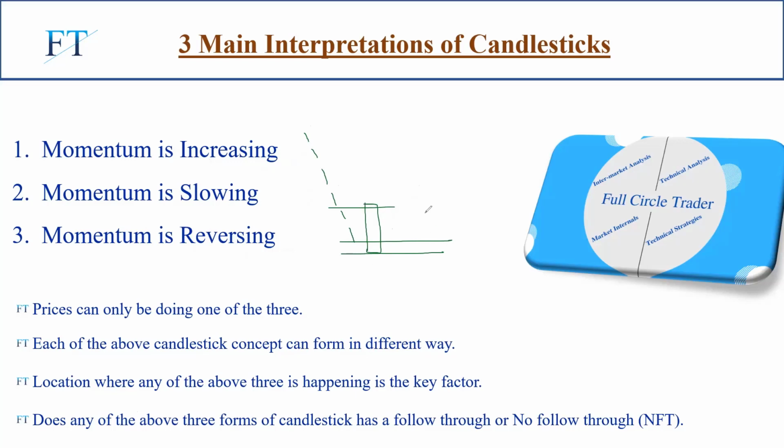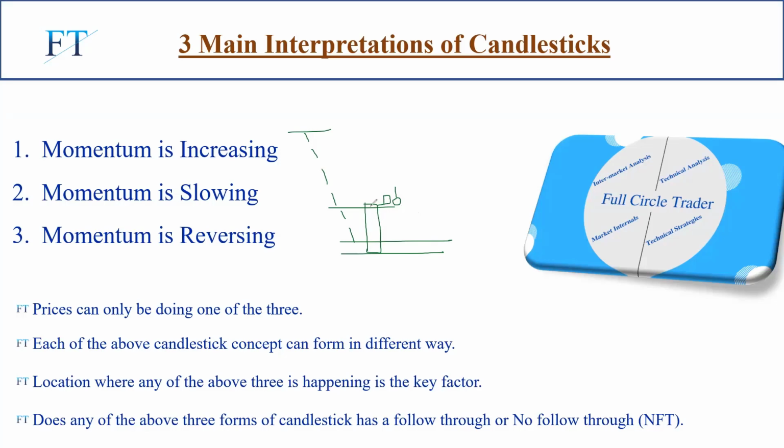But after this wide range bar has formed, does it have a follow through? Meaning, does it have a similar kind of bar which increases the momentum and moves back to where the down move started? Or instead, if it just has a small body bar here, or a topping tail bar here after this green wide range bar, that tells us that although we have increasing momentum in this bar,